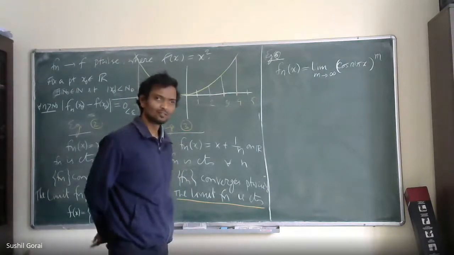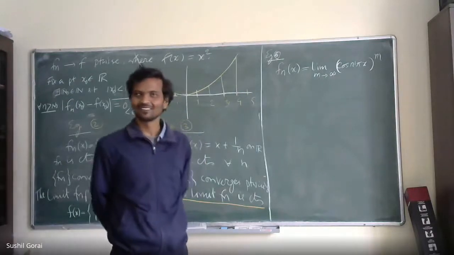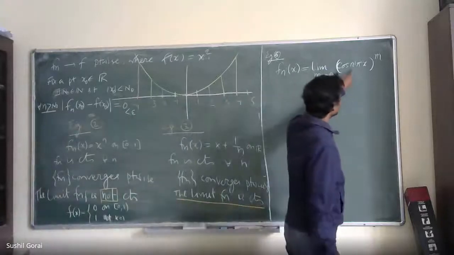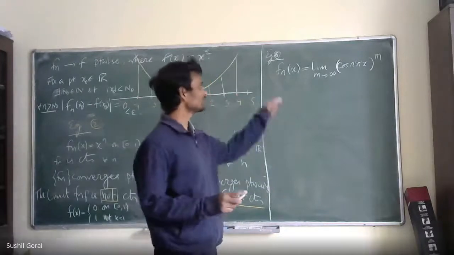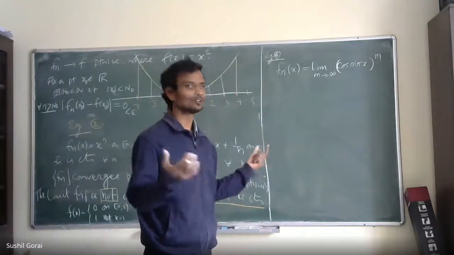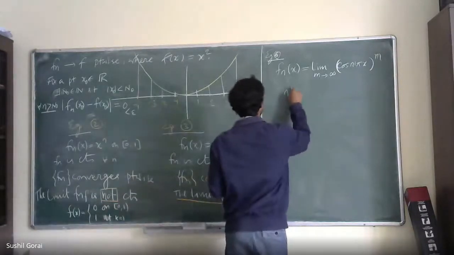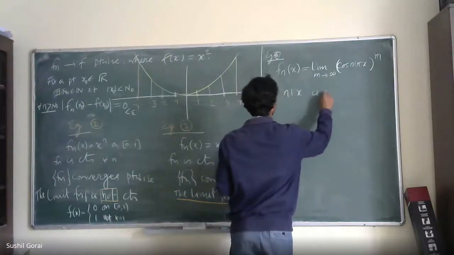Are you scared looking at this example? No, sir, I have a doubt. If the cos n pi x value is -1, then the limit is not defined, right? If cos n pi x is -1, oh no, this is not n pi, it's factorial n. Oh, okay, sir. It's factorial n, so it is always 2 pi, 2 is always there. So we are looking at even numbers only. So the point is when factorial n x is an integer,